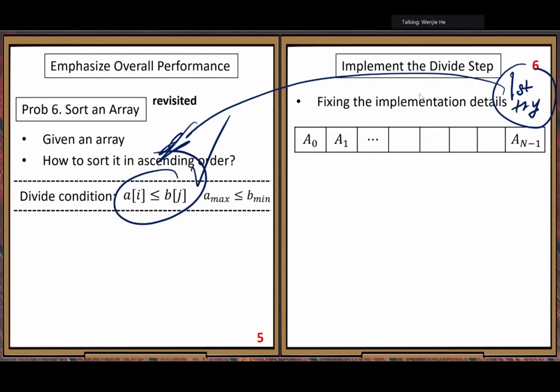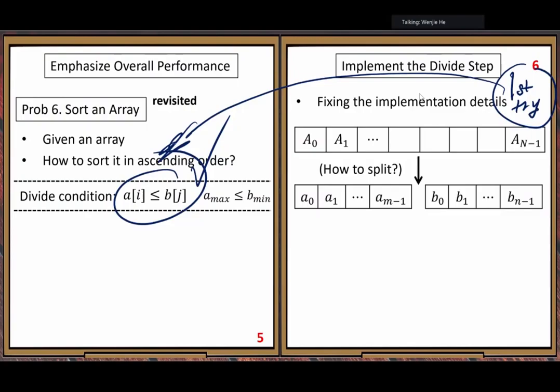All right. How to split the original array to get this targeting property? Let us imagine the result of our data splitting is these two subarrays, with these properties.